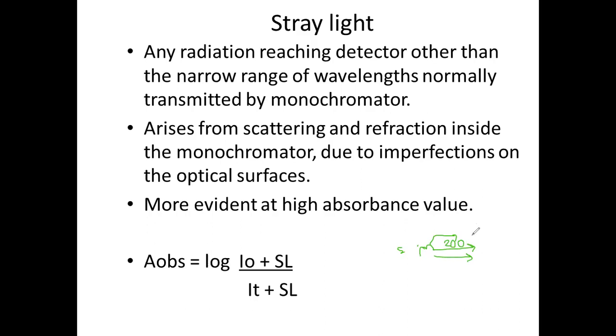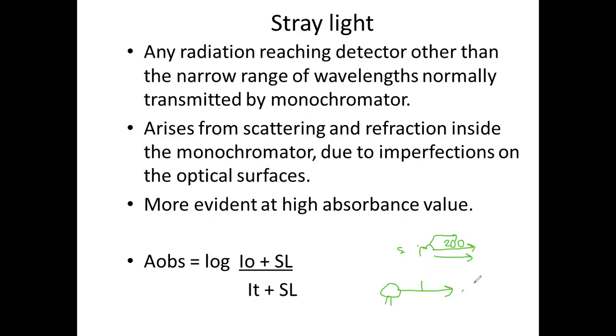There are a number of transmitting windows present in the spectrophotometer, and if there is imperfection in any one of those parts, it is going to give rise to stray radiation. Now this stray radiation is present along with the incident radiation and the transmitted radiation too. Whenever you are not keeping the sample in the path of light, and you measure the intensity of the source,